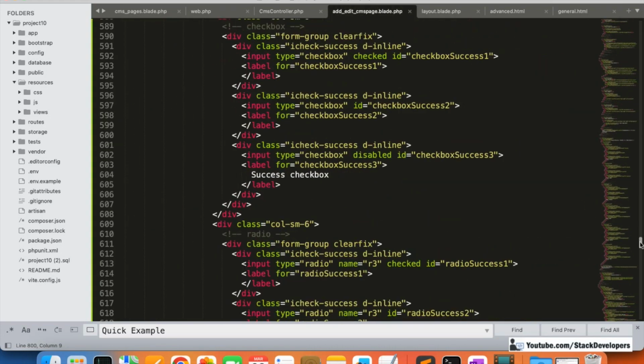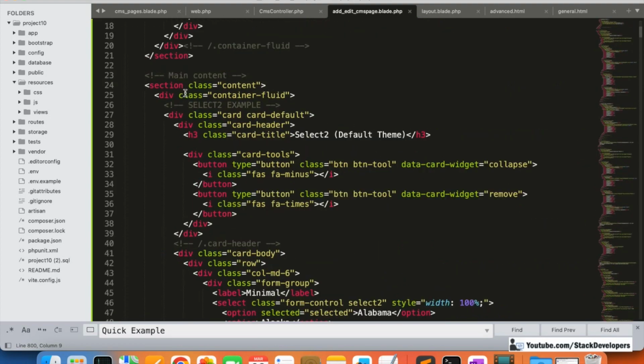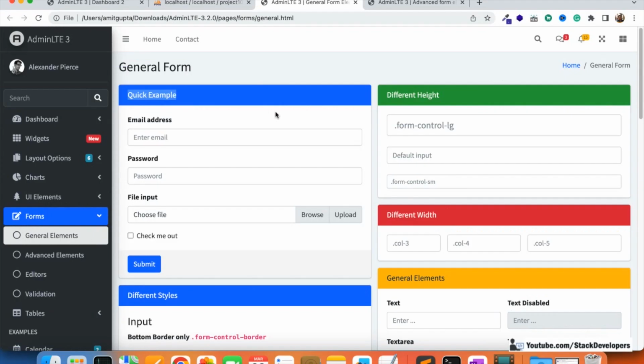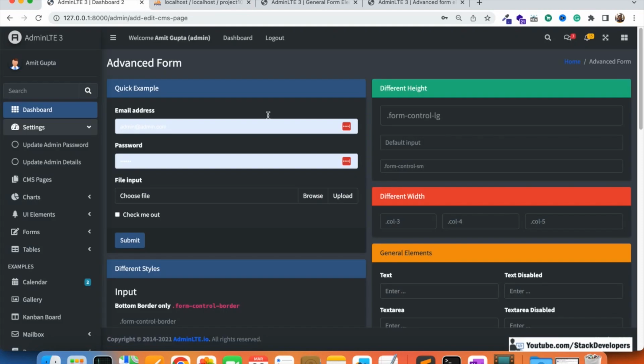I'm going to see where it is, main content, this one. Okay, so I'm going to simply update this one. Let's see. So now I'm going to see. So fine it is, and